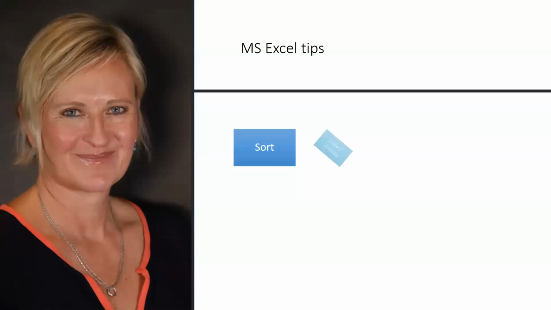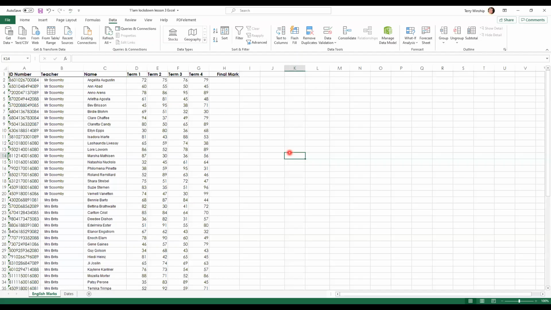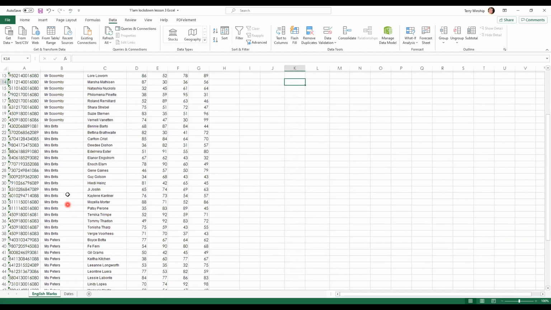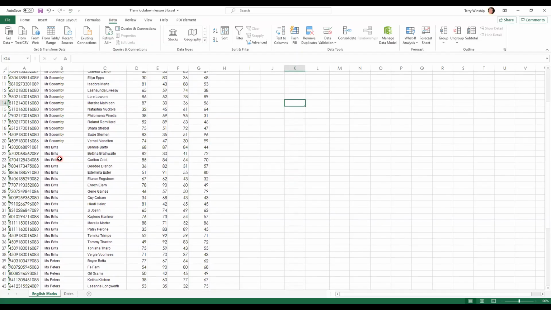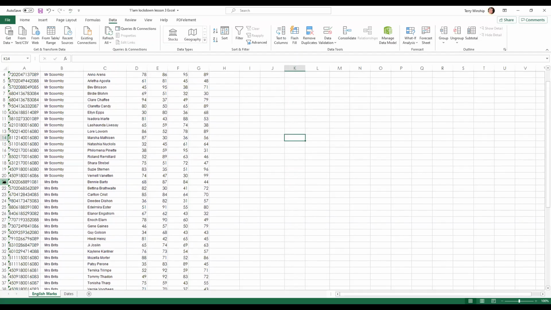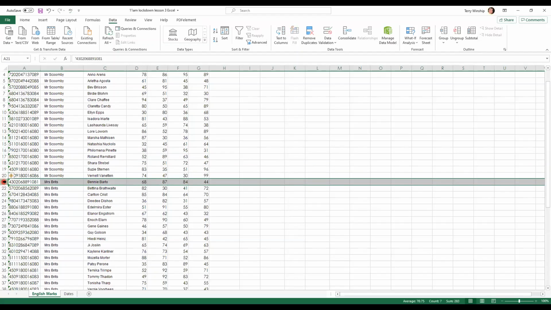The next thing we're going to look at is how we can hide columns or rows, because maybe you don't want to see all of them. Sometimes it's useful if you're Mr. Scumby or Mrs. Britz to only see your own students. So we can pretend that we're Mr. Scumby and we want to hide all the rows for Mrs. Britz and Miss Peters. What we can do is we go to row 21, the first row of Mrs. Britz,